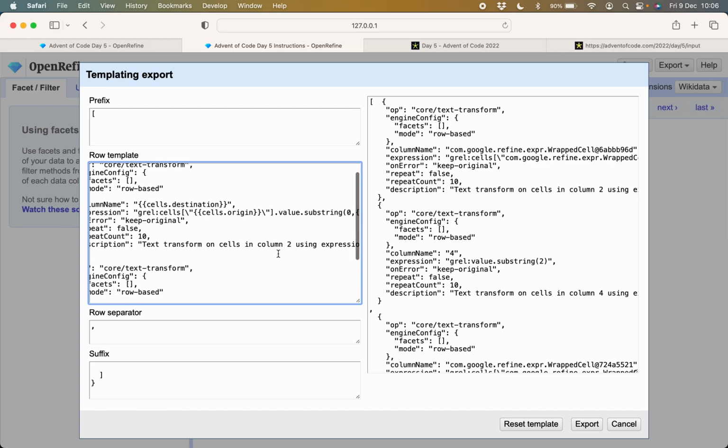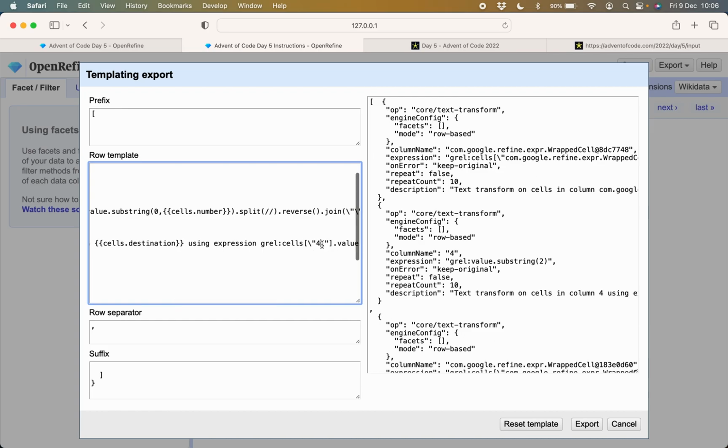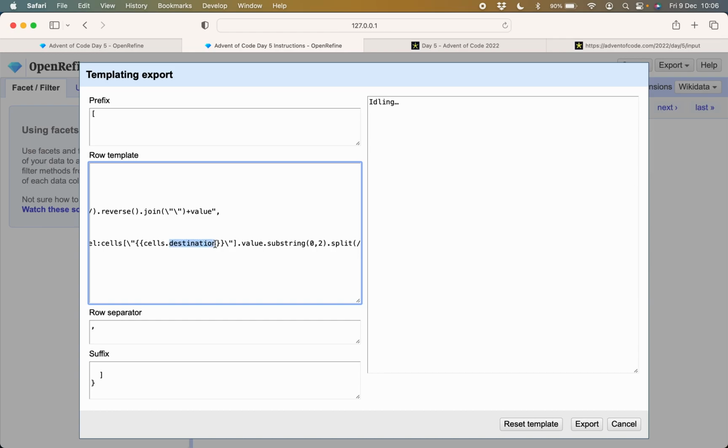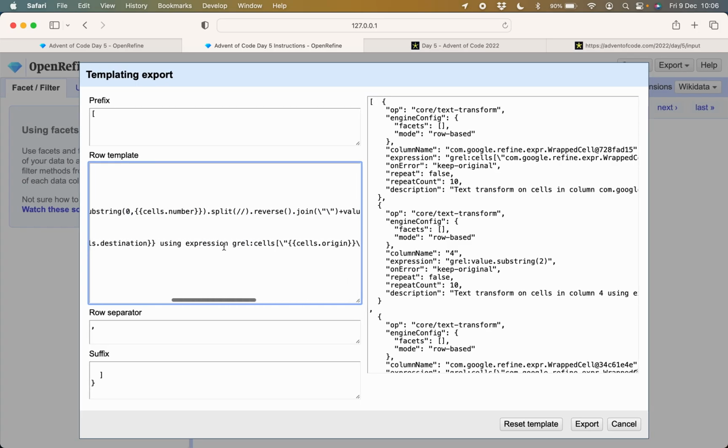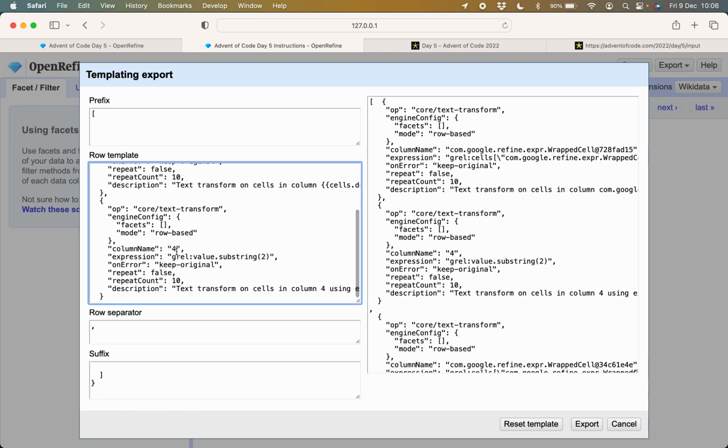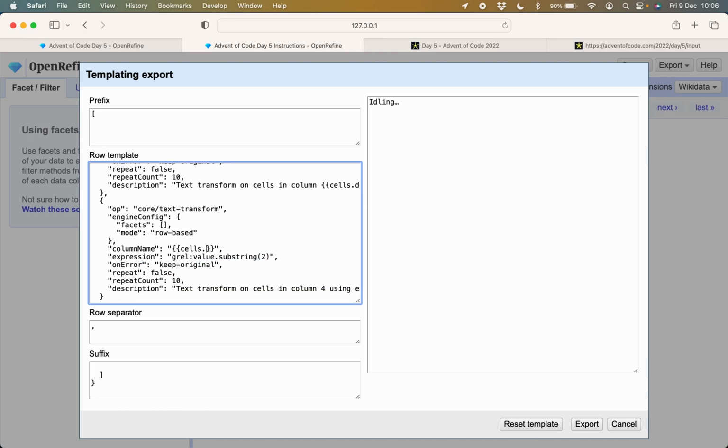I mean, it doesn't really matter what the description says, but let's keep it straight. So that's the origin, and that is the, and then the next instruction is that's the cells.origin, cells.number,